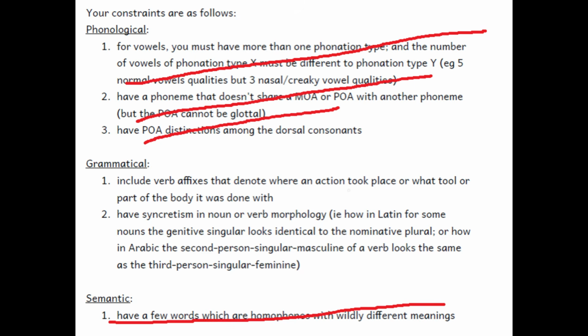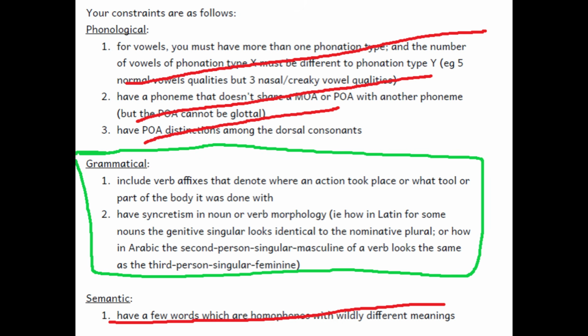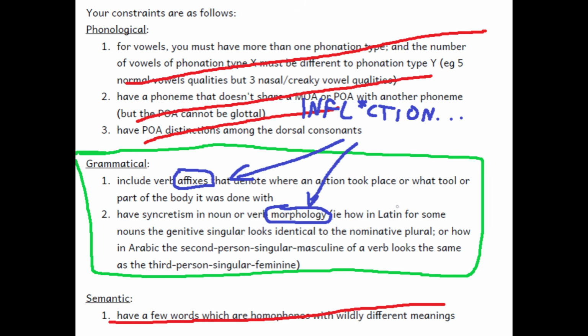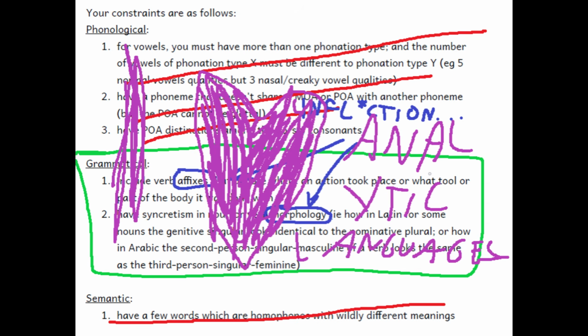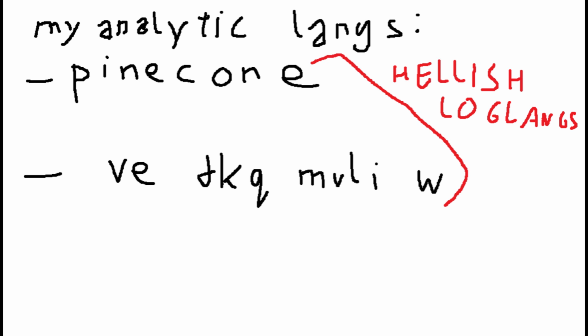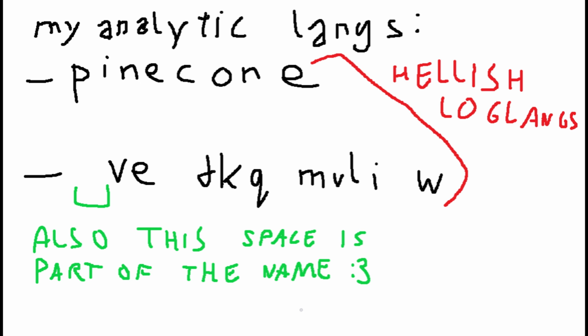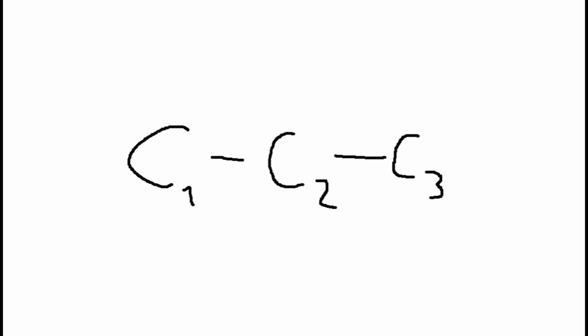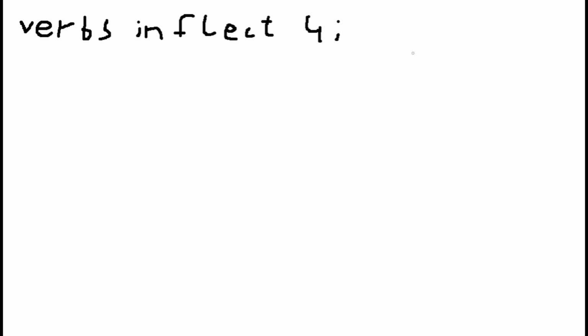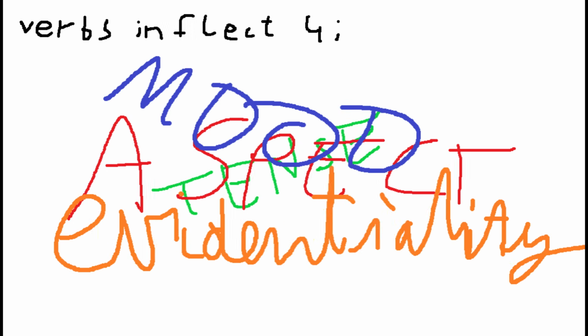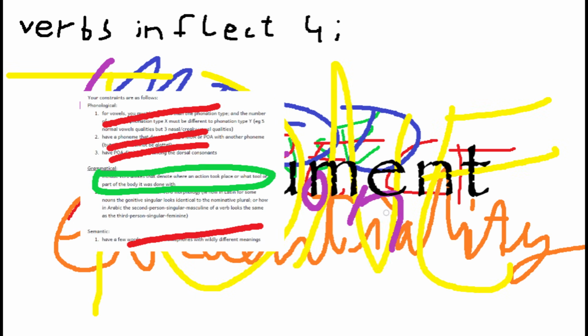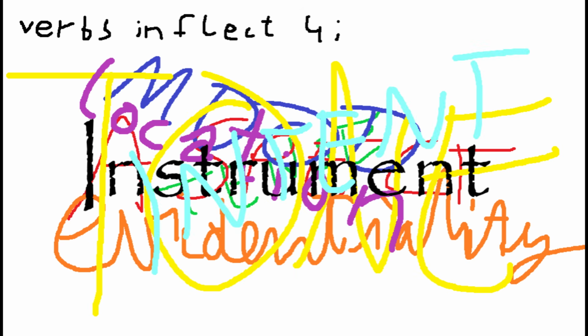The few constraints I haven't touched on yet are the grammatical ones. They both require me to have the language inflecting, which is kind of a bummer since I love analytic languages, even though the only two I've ever made are weird-ass esoteric loglangs. As I've mentioned previously in the video, triconsonantal roots. There's three slots for vowels, more precisely a vowel and an optional coda. Verbs inflect for tense, aspect, motive, initiality, tone, location, instruments, that's another constraint done, and intent.